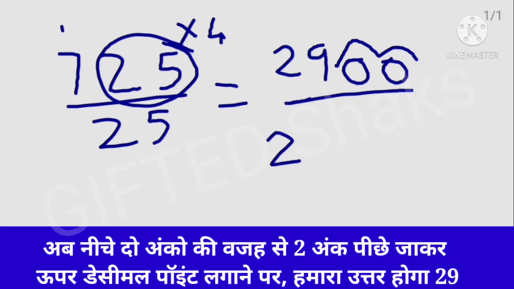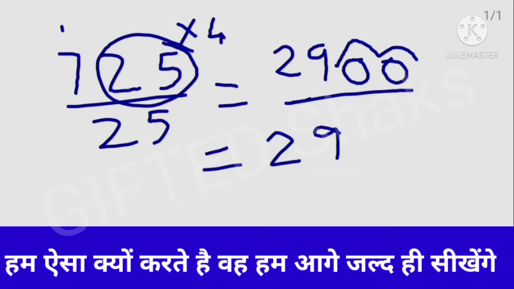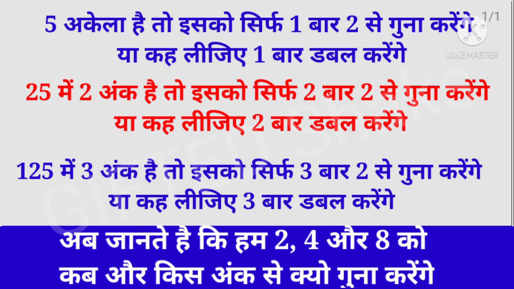So I have the number 29. So 725 divided by 25 gives me 29. Okay, now why do I do this? I'll explain that a little later. Let me take one more example of this, and then I'll try to explain that to you in this next example. Okay, now let's take a number